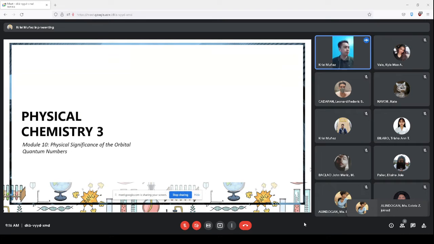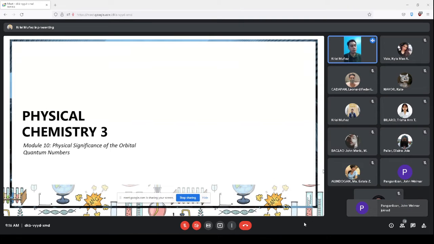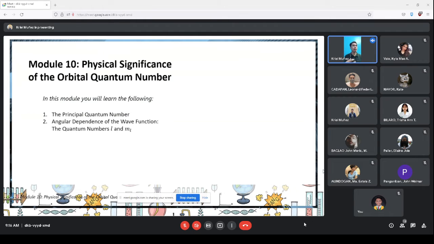Okay, so let's start with Module 10. We'll be discussing the physical significance of the orbital quantum numbers. And so far, ang na-discuss na natin is like last module natin we discussed. Kita nyo naman yung screen? I mean yung slides. We have discussed the solution for the R equation, for the phi equation, and for the